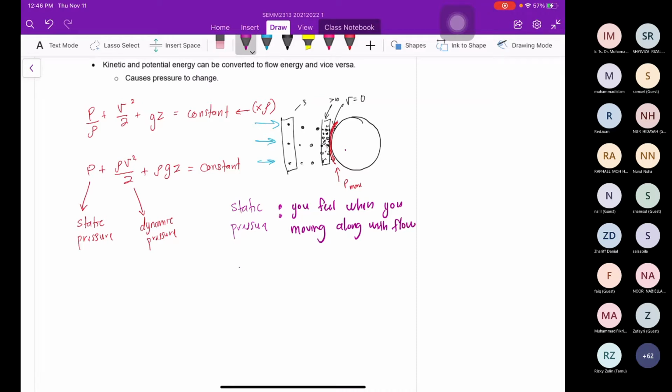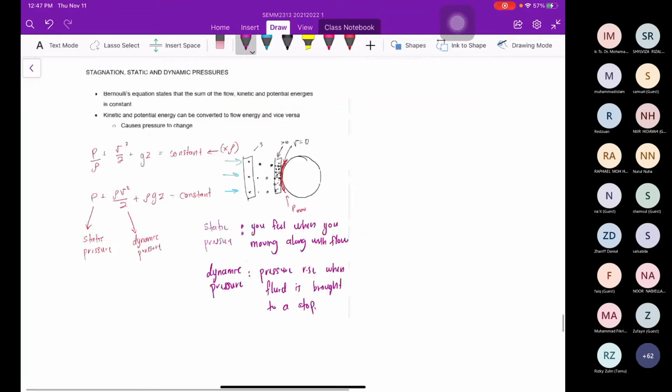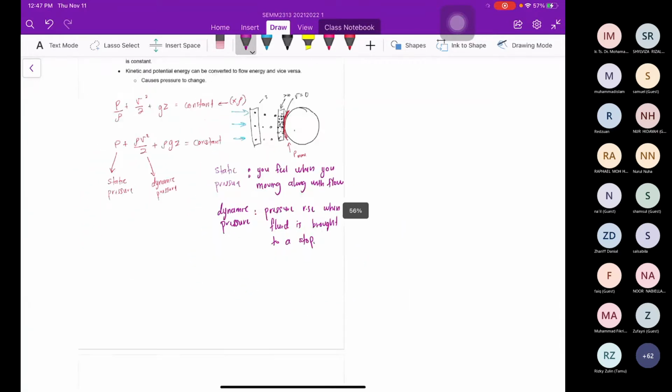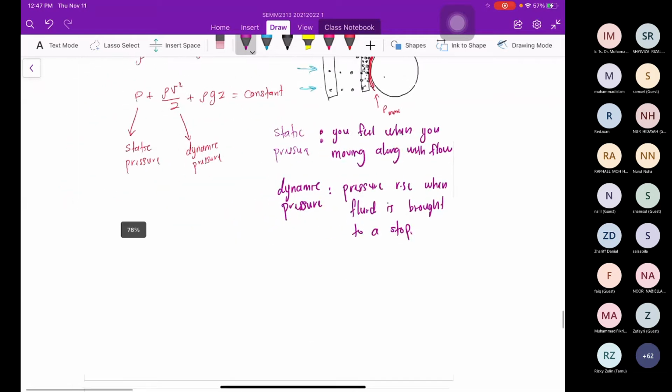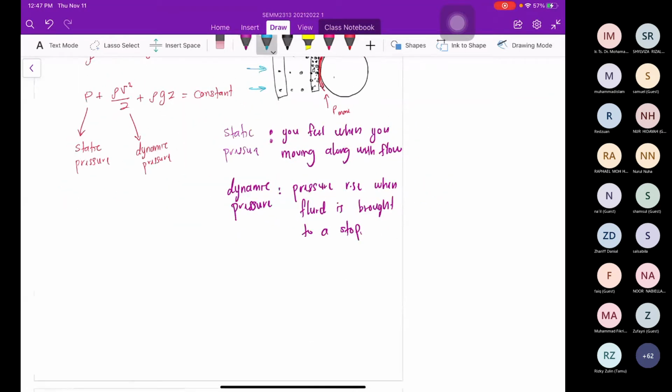For the dynamic pressure, it represents the pressure rise when fluid is brought to a stop. To ease your understanding, we have, for example,